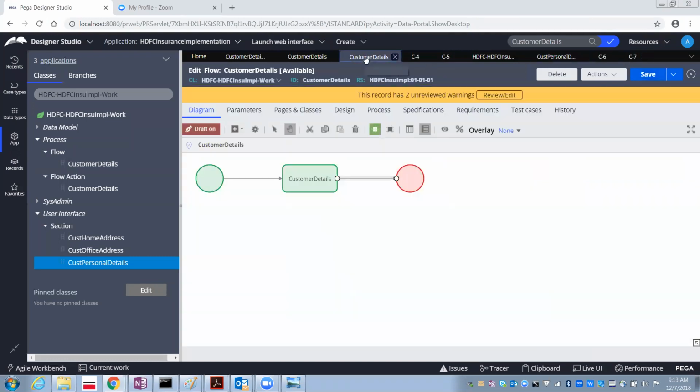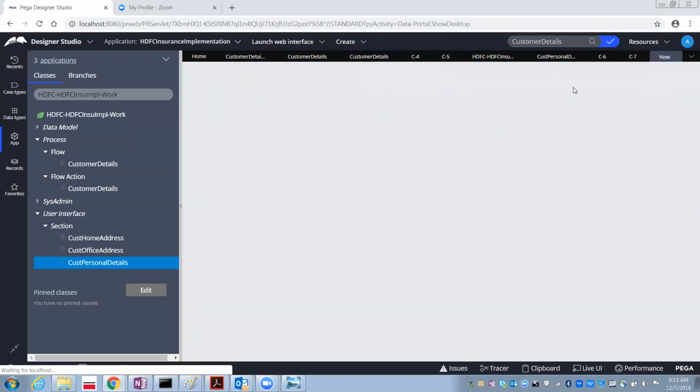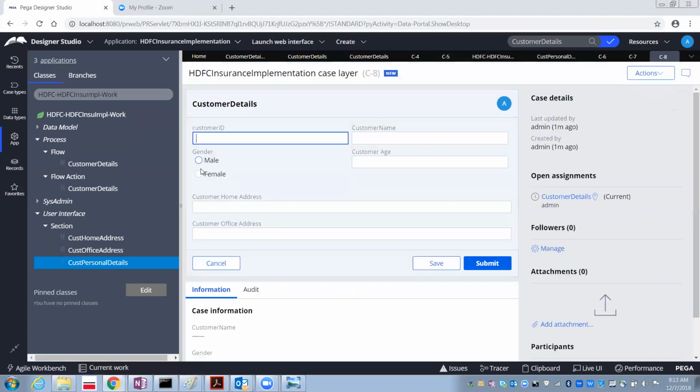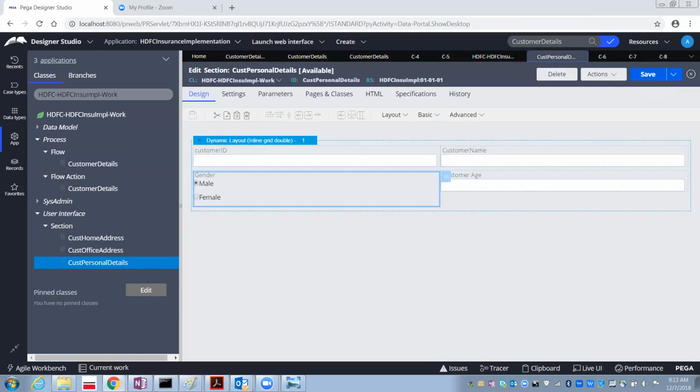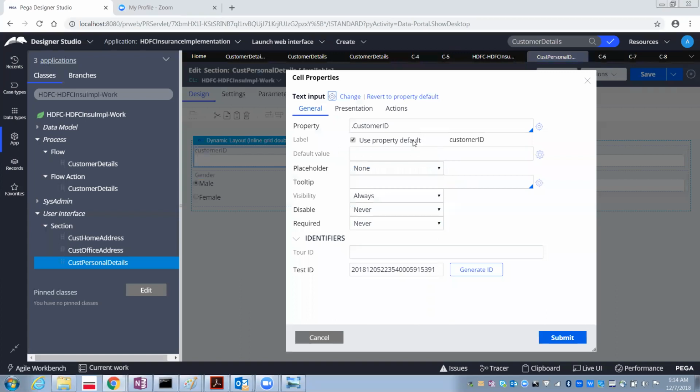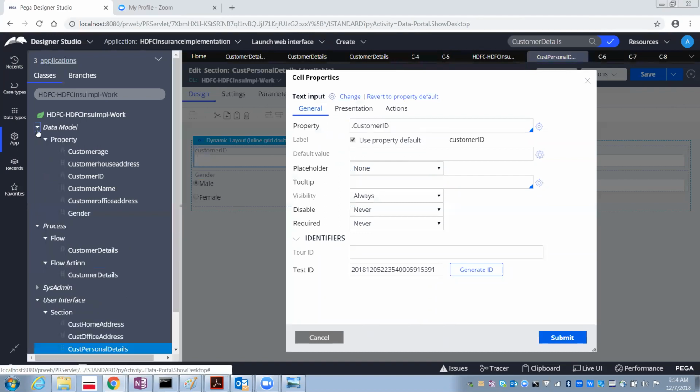Now again, if you create the flow, you will get radio buttons. See, this one is with radio buttons, and this is the previous one that was with the drop down. Like that. Now what next? This is just the property which you referred. We refer here to customer ID, and this is a label, and this is a default value, if you want to apply one, you can apply it.